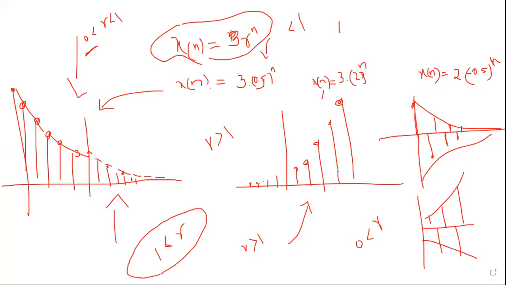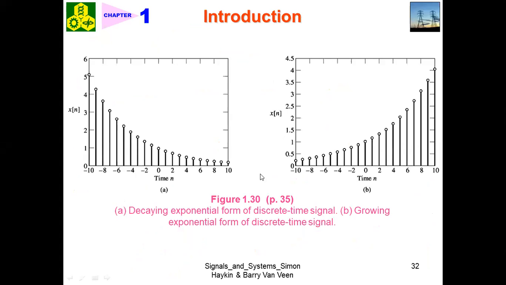What was the classification we were talking about? This was about the exponential signals. Now let us see what the next classification is. You can see here, this is what the author was talking about. Here is 0. On this one, the right side is decaying, the left side growing. Here the right side is growing, the left side decaying. Now that was about exponential signals.